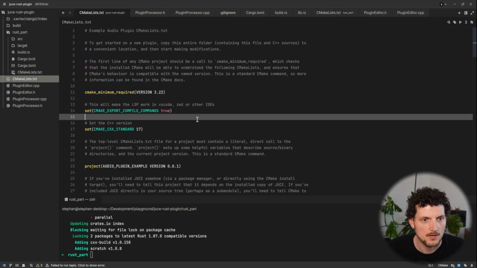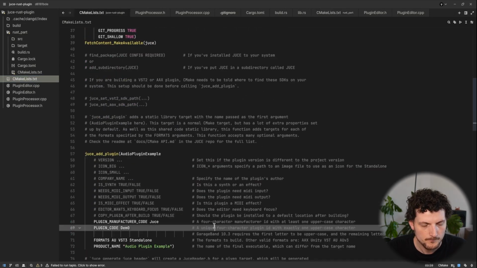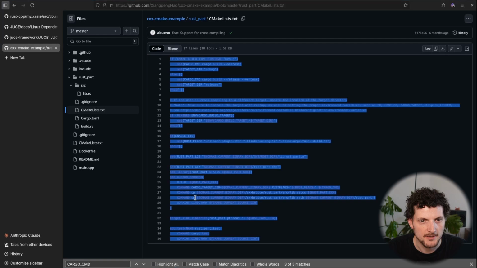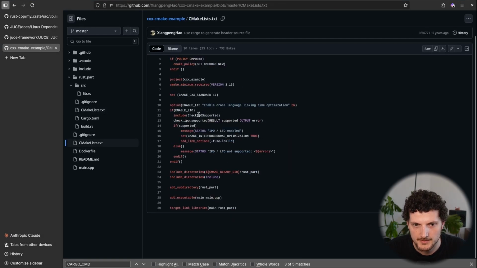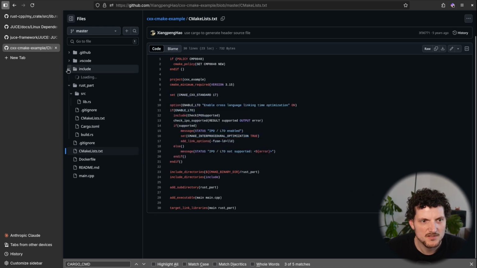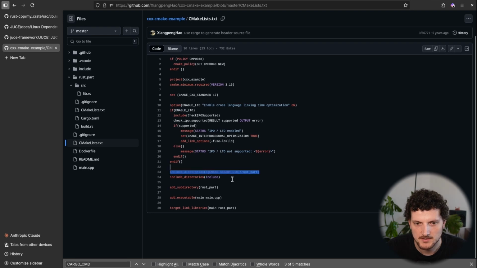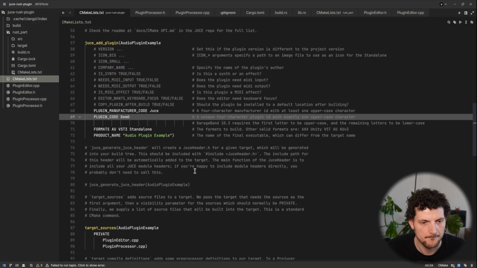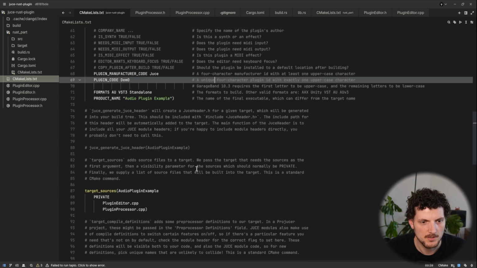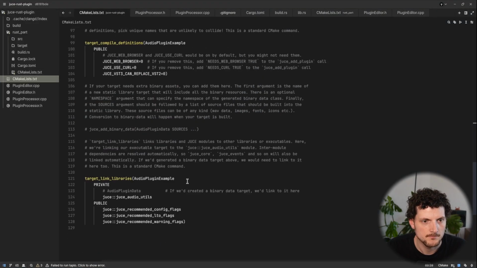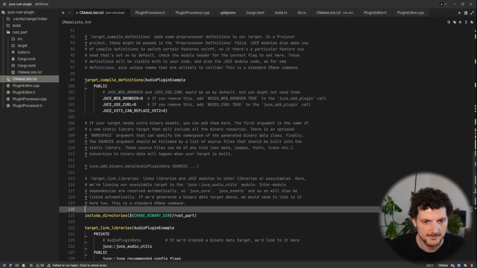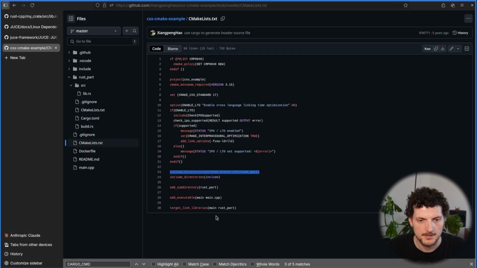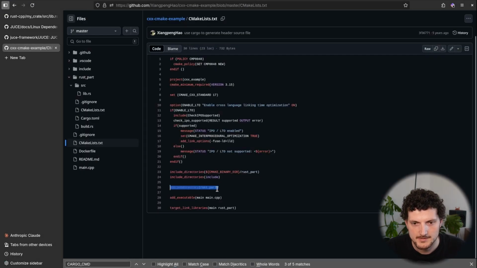Then we go to our JUCE plugin again, and let's see what we have here. This is all already done. The enable LTO stuff, we don't need that. We really just have to add include directories. Let's see where we do this. I have no idea where a good position for that is. Maybe just do it here. Include directories rustpart, that's fine. And then add subdirectory